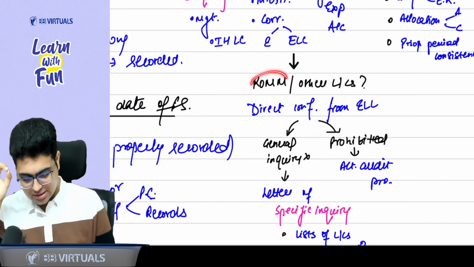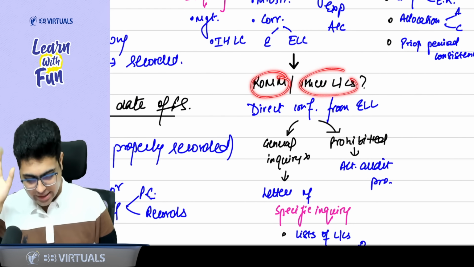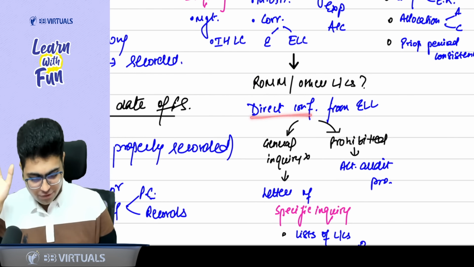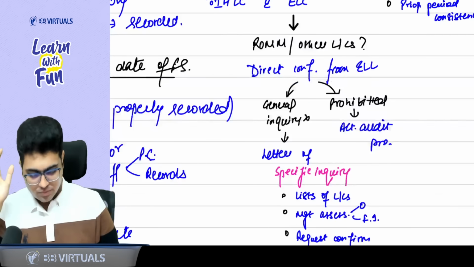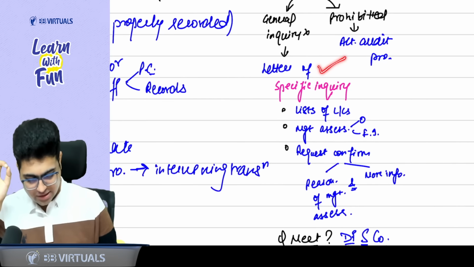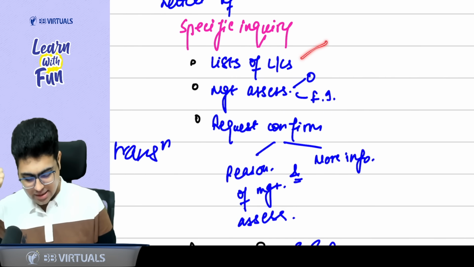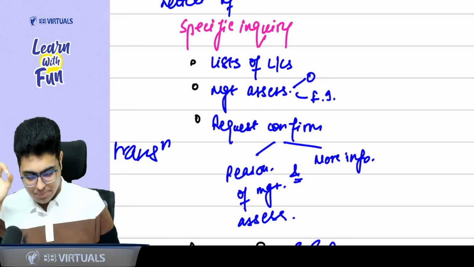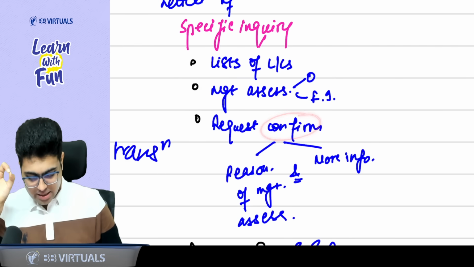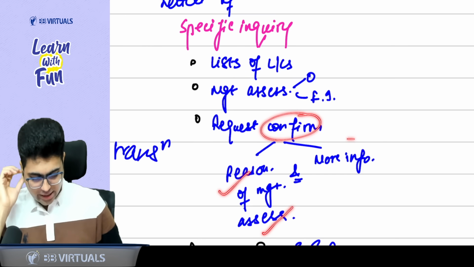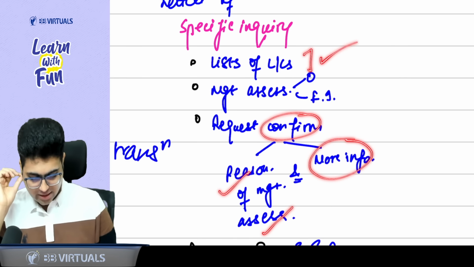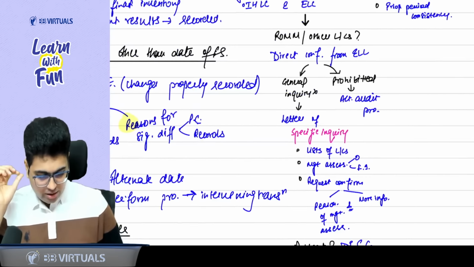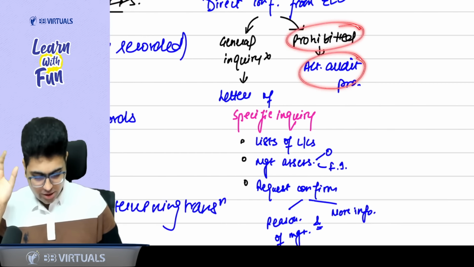After this, if you feel there is a risk of material misstatement, there can be other litigations and claims. Take a direct confirmation from external legal counsel. If general inquiry is not allowed, then use a letter of specific inquiry. List the litigations and claims, management assessment of the outcome and financial implication. Request the party to confirm reasonableness of management assessment and give more information if the list is incomplete. If it is prohibited, perform alternate procedure.